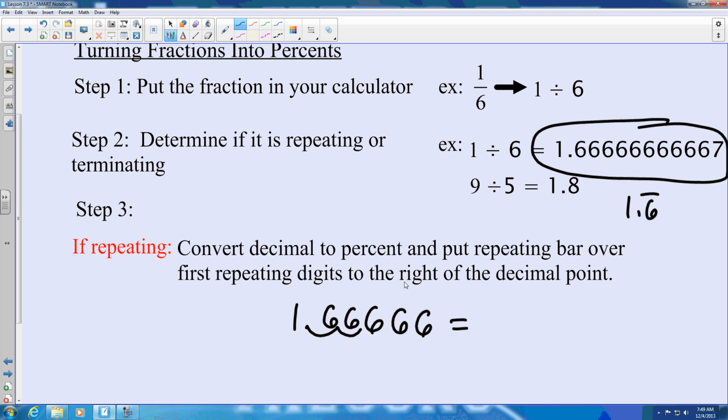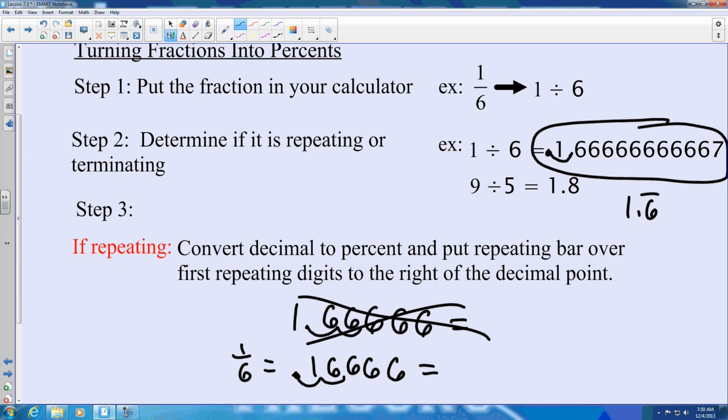I'm sorry, this decimal point should be located right here. That's my fault, so let's just erase this. So 1 over 6 actually equals 0.16666. That's better. And then if I were to convert this to a percent, I'd move it 1, 2. So the decimal point would be located right there. So the actual percentage of 1 over 6 would be